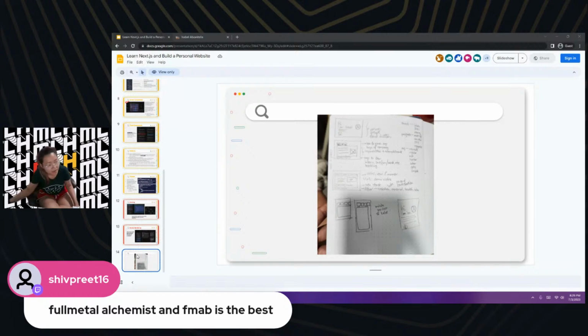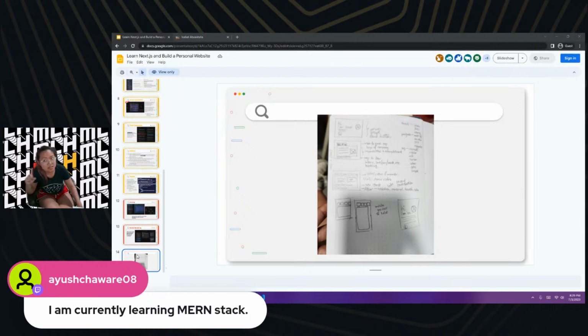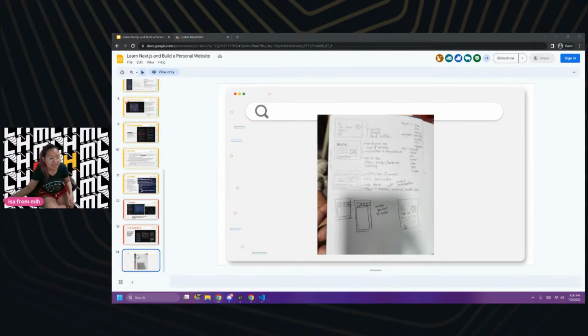Currently learning the MERN stack, so that's Mongo, Express, React, and Node. That's pretty good. MERN is, I guess, most common. So even if it's not the most cutting edge, you'll get a big pool of companies that are hiring specifically for MERN. It's just that, for example, if you're into startups, they might want modern tech more, and if you're into hospitals, they might care more about C++ and older languages, because of how those industries work.